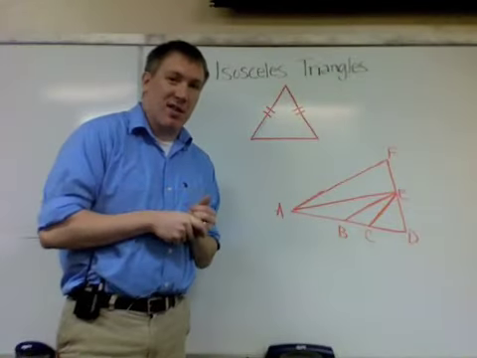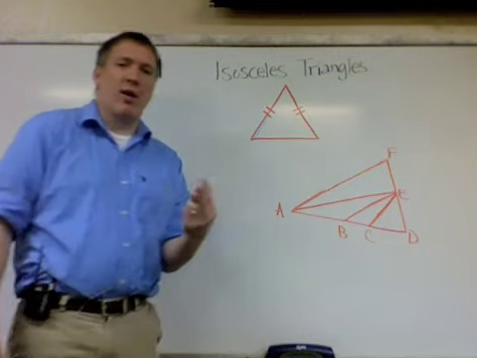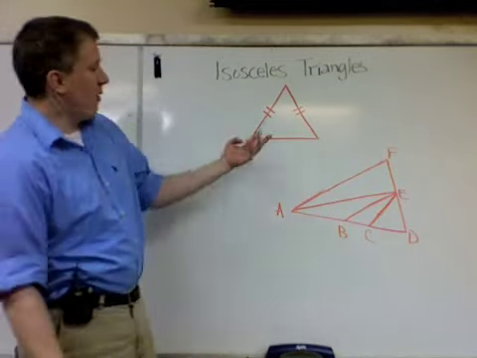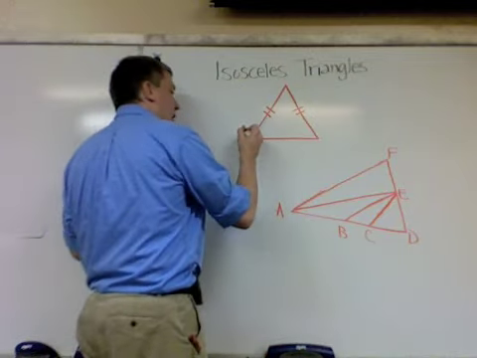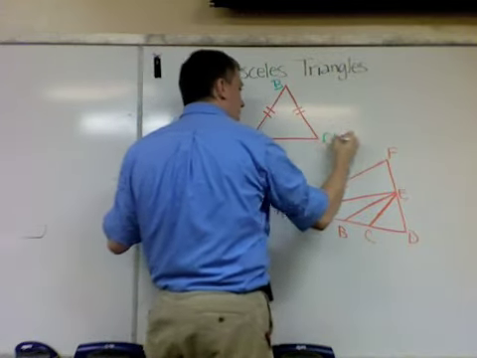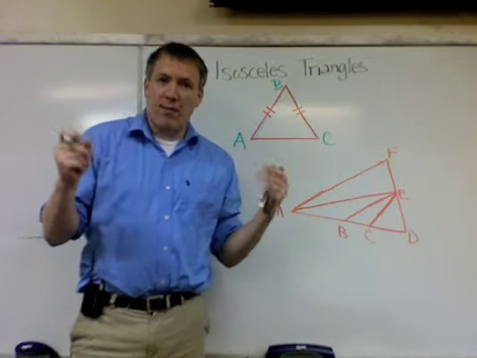Now on to isosceles triangles. Isosceles triangles, again, the definition is it's a triangle that has two sides that are equal. And so right here I have an isosceles triangle. Now if I label this isosceles triangle A, B, C, if they tell you without a picture that something is